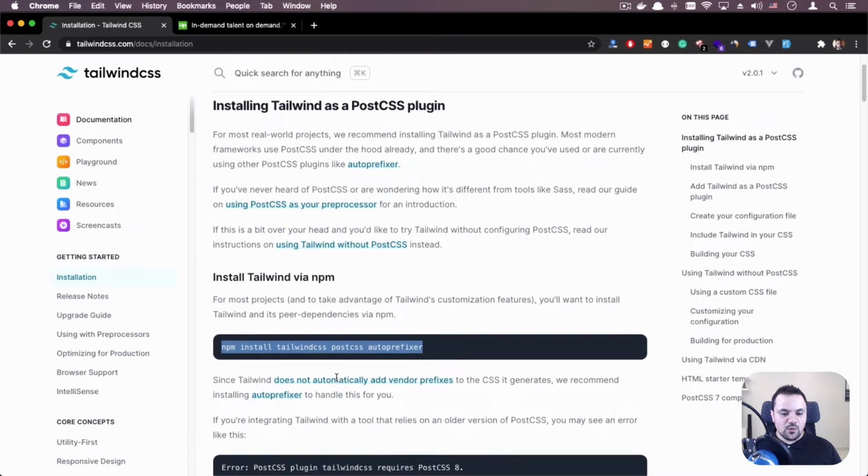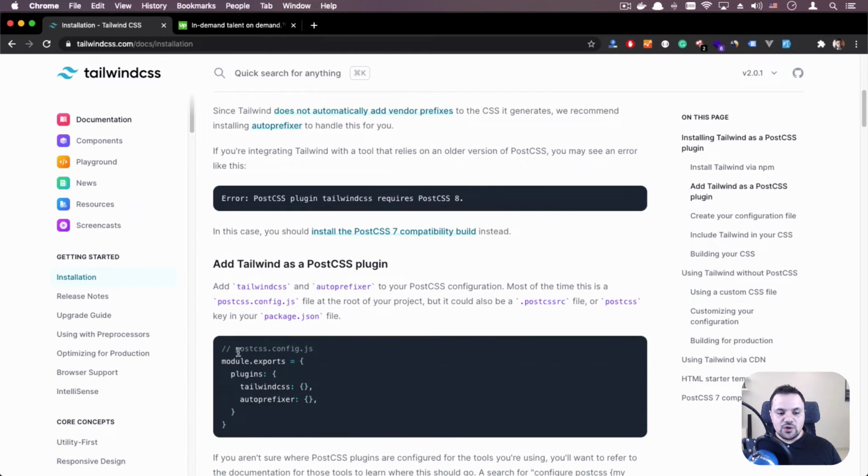Let's go back to the Tailwind CSS documentation. We need to generate one file called the PostCSS config. If you are using PostCSS, you will know what it is. But basically, it's just configuration for PostCSS to enable Tailwind CSS and Autoprefixer as plugins. So let's create that file